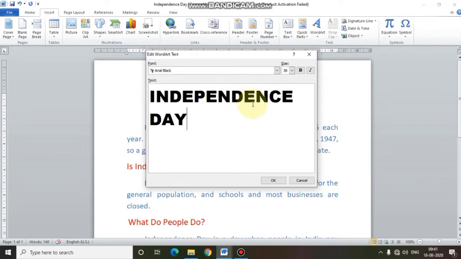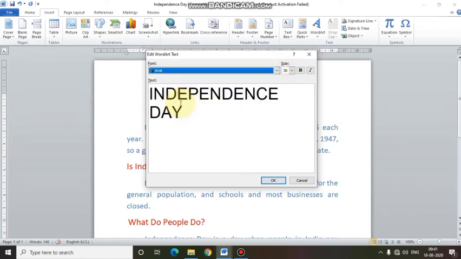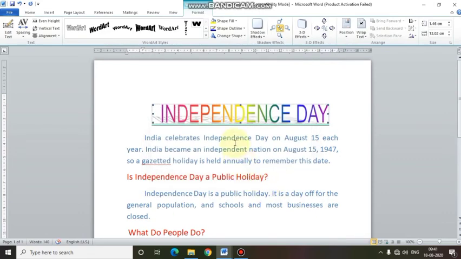I don't want it to appear in bold. This is Arial Black, so I can change the font here to Arial. Now click on OK. As you can see, the heading of the document appears in a very attractive way.